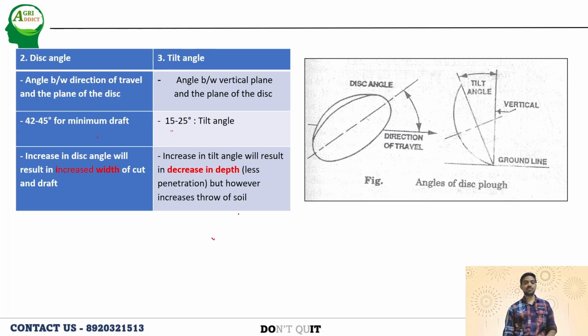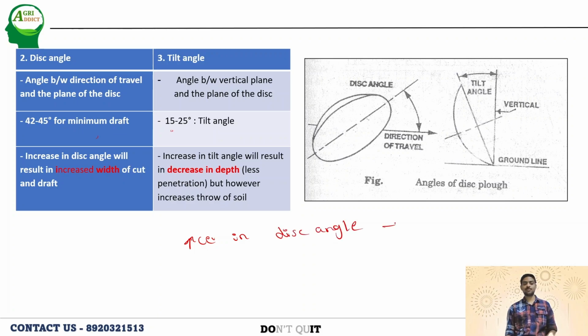See, here the important thing to note is, yes, the plane of the disc is common. Between the planes of the disc, only one angle is being made. One angle is with respect to the direction of travel, which is the disc angle, and the one between the vertical plane is the tilt angle. Last but important, see, increase in disc angle,